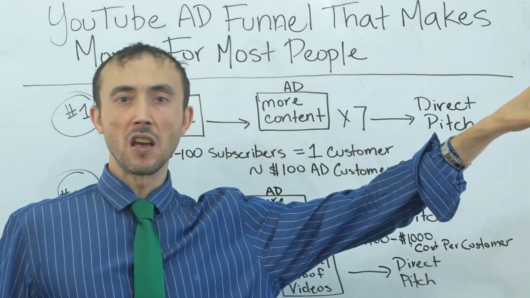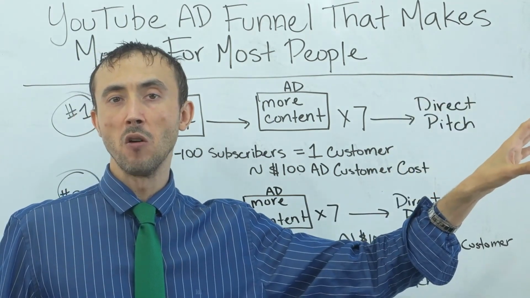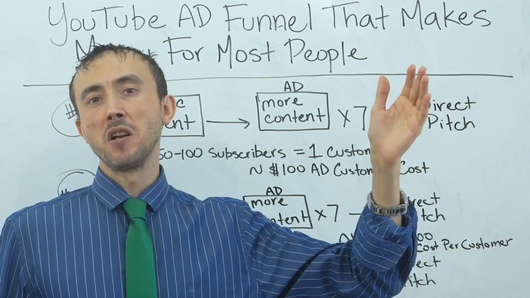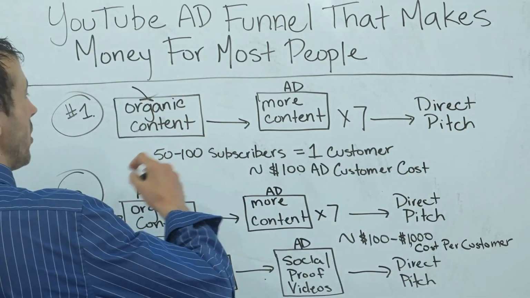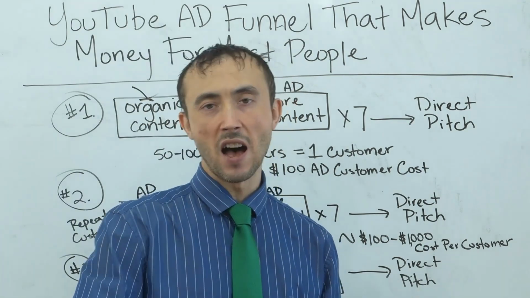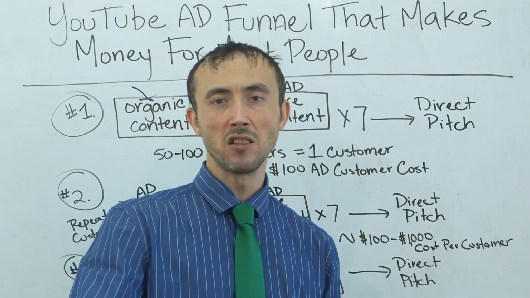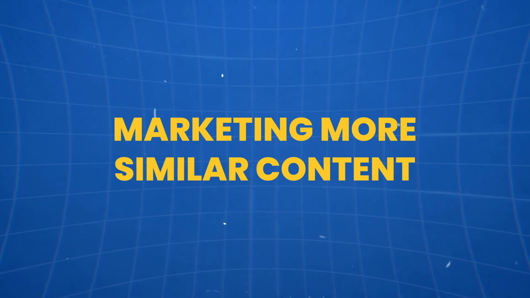And generally speaking, it will rank as long as what they're searching for matches the title of your video. They watch that video, now you've got somebody on your audience list that you can target with your video ads. It's pretty simple. Then once they've done that though, you don't just go at them with an ad and ask them to buy. You could do that and make some money, but you'll make even more money marketing more similar content first.